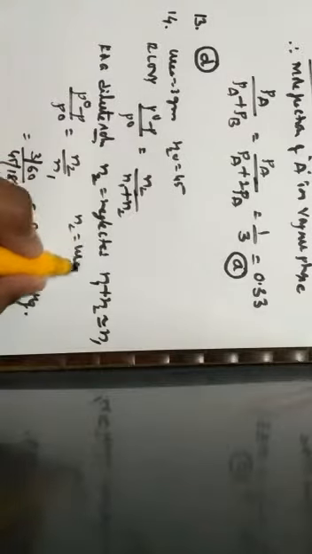The solvent is 45 grams. Molecular mass of solvent is how much? 18. Therefore when we solve this, we get it around as 0.02 mm of Hg, where N2 is for urea, which is nothing but the solute, and N1 is for water, which is nothing but the solvent. Hence the correct answer is 0.02 mm of Hg, which is given by the option C. Next one, question number 15.